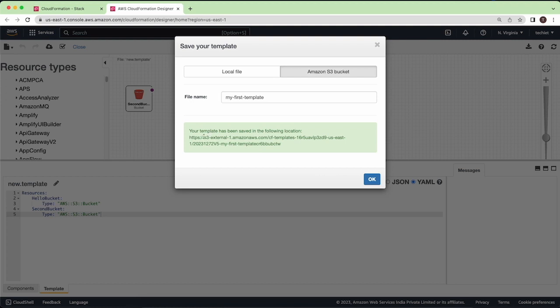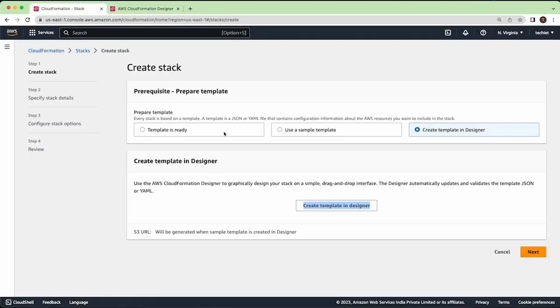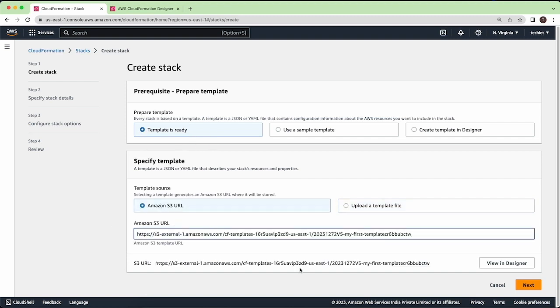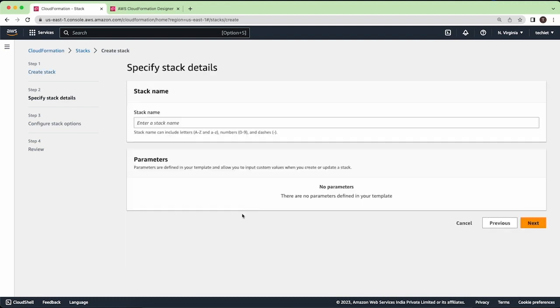So now it is saying your template has been saved in the following location. So you just copy this location, this URL of your template. Now here, where it says template is ready, click Amazon S3 URL and add this URL here. Now click next, enter your stack name, let's say my first stack,